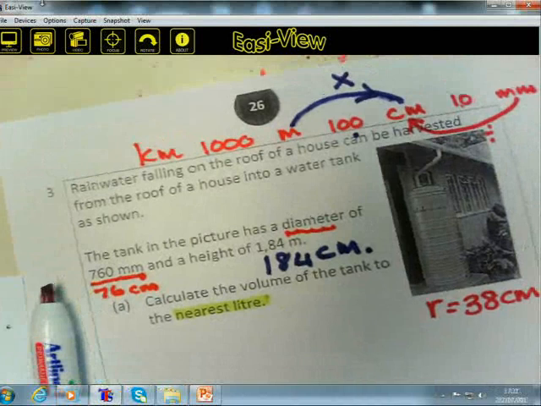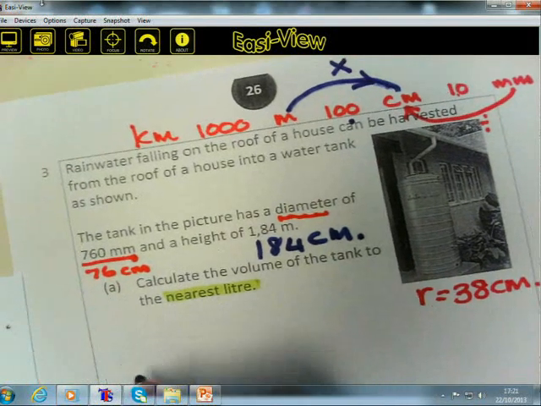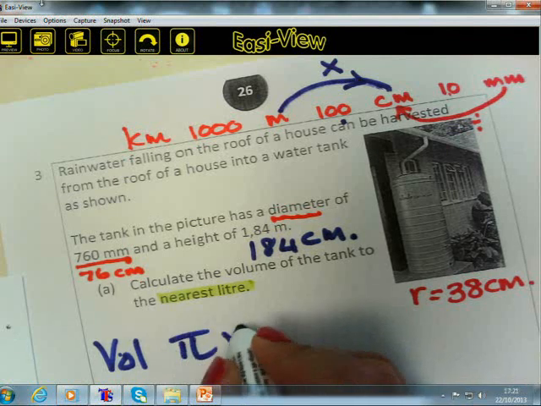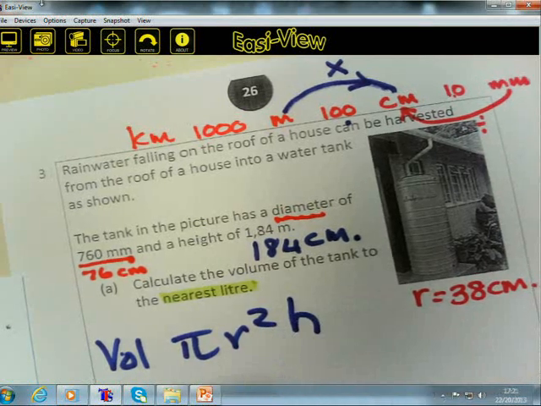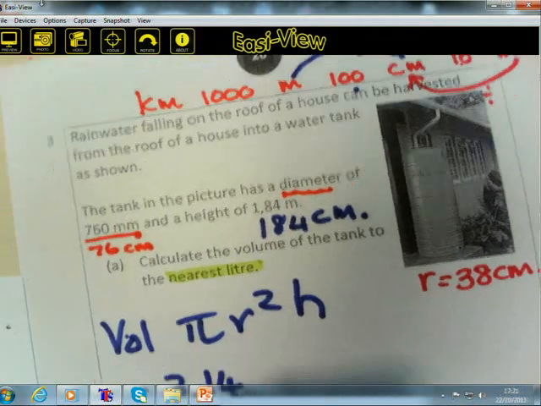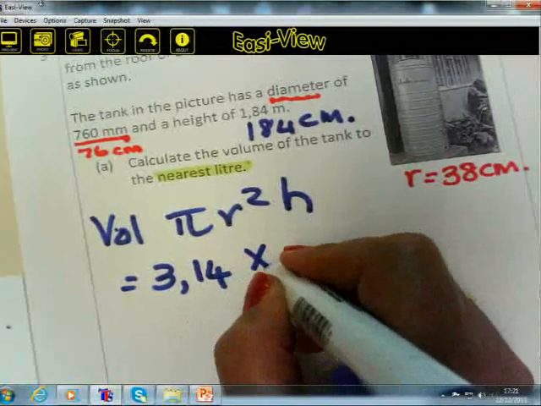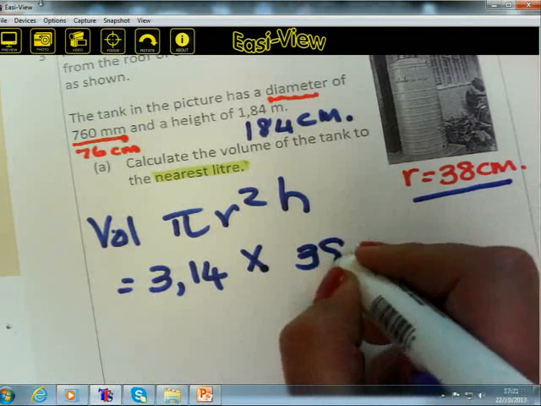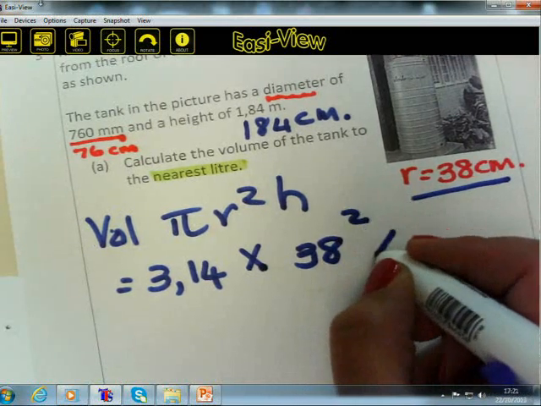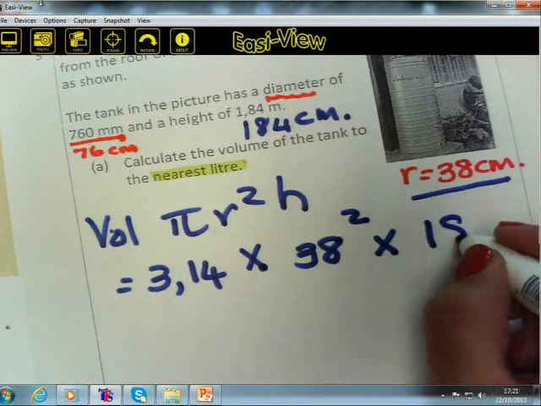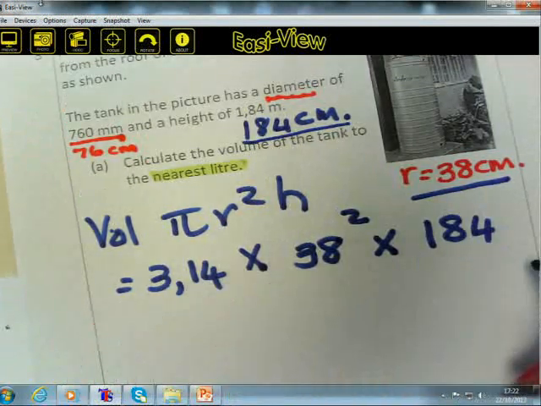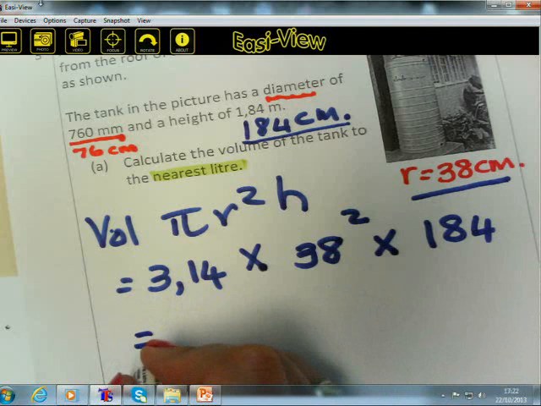And now, only now, I can get the formula. The volume of the tank is pi radius squared times height, 3,14 times the radius, which is 38. Can you remember that? 38 squared times the height, which is 184. There I have that one. Everything is in centimeters. So the answer is